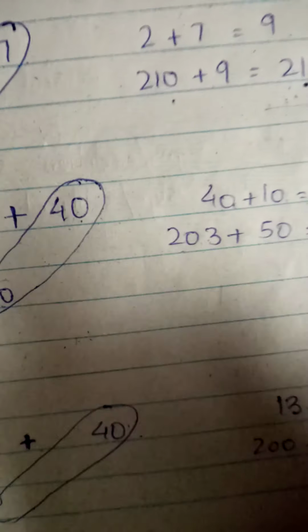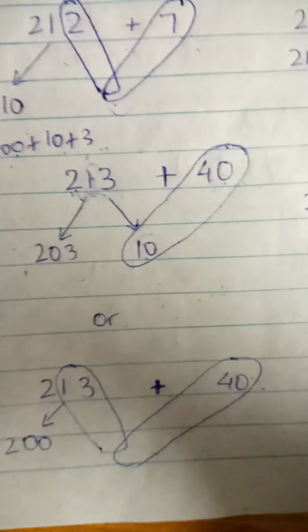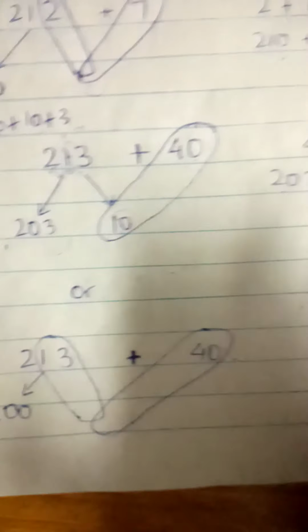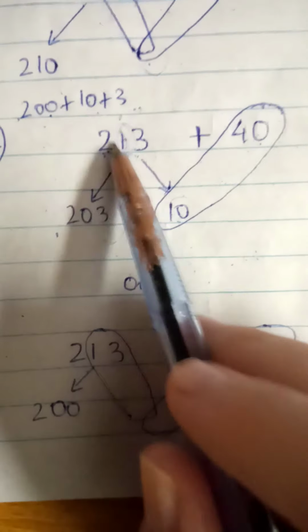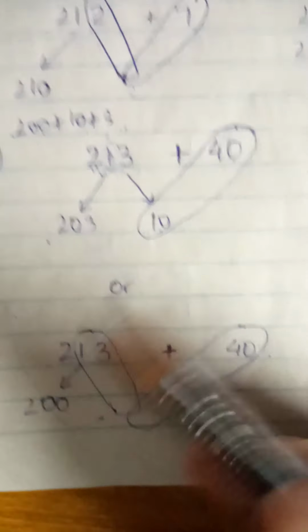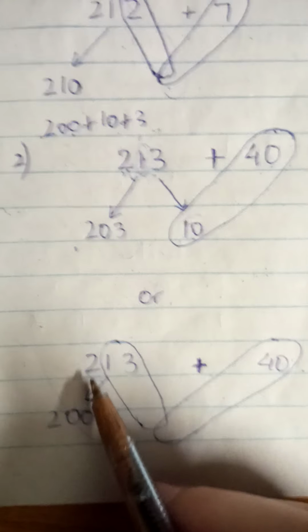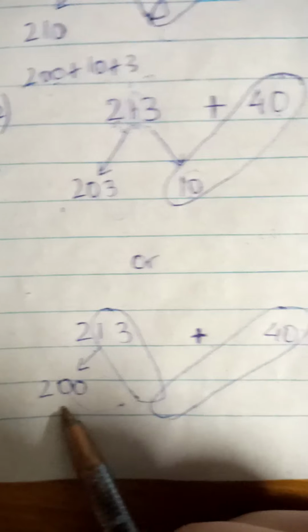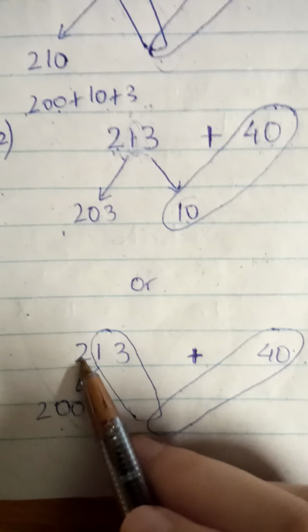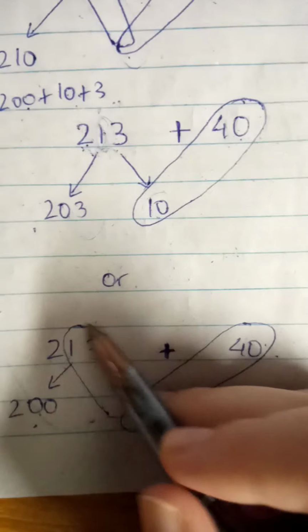So you see, by forming different groups of this number, I am still able to perform addition. Now I am solving this question in another way, making another group of it. The number that I have is 213. One group that I am making of this number is 200. I am just taking out the value of hundreds and making one group of it. It becomes 200.